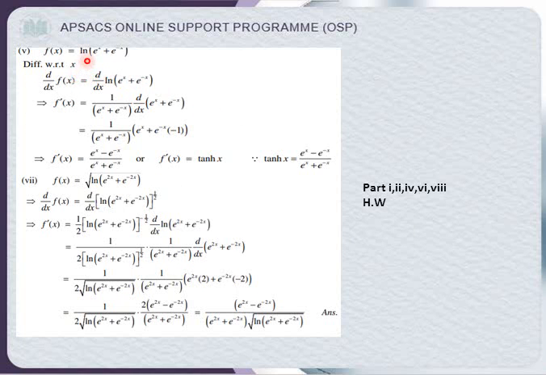Okay, so part 4, ln box is this. So ln box is 1 upon box derivative. This is the formula that I made you understand. ln box is equal to 1 upon box and box derivative, and the box is e box and its derivative is 1. Okay, so e box is e to the x minus e to the minus x, and the derivative of minus x is minus 1. So minus plus minus, and this is the formula of tangent hyperbolic x. So you can write this formula as well as this formula. Okay, so both answers are right.